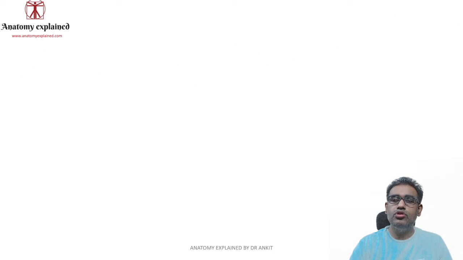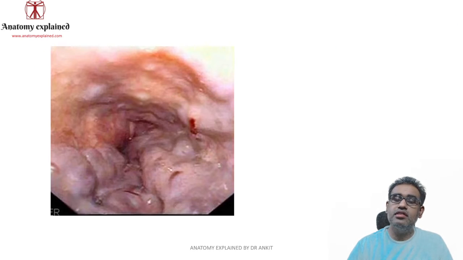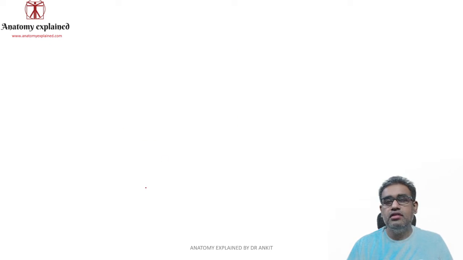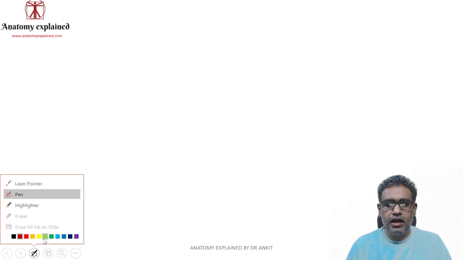Here is a figure to show you how esophageal varices appear. Endoscopically it appears like that. You can see a few pockets over here. Normally it is not like this, but you can see the dilated veins over here, the submucosal venous plexus. Okay, now as we have seen this, let us move to the other examples.